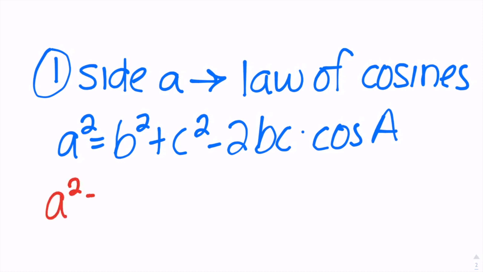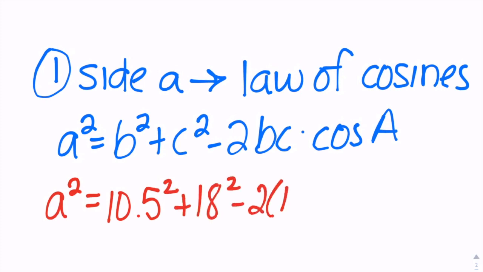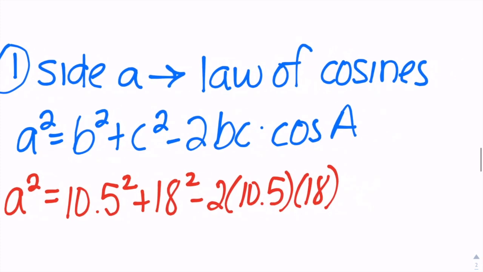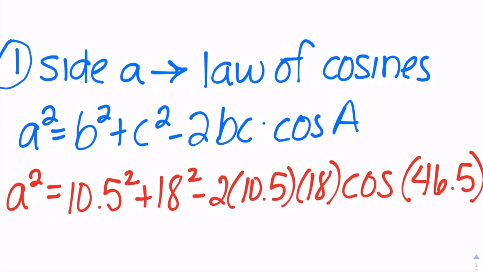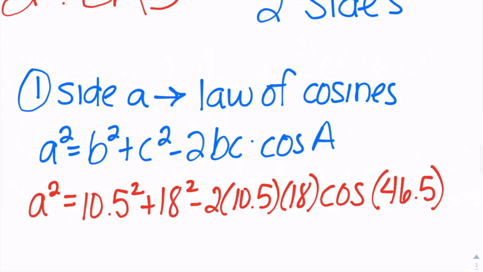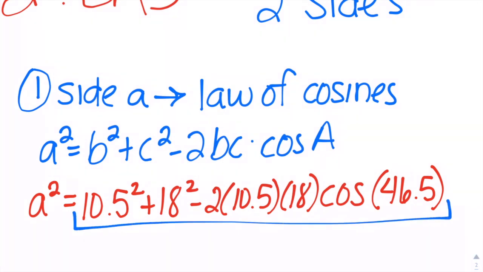And we're going to substitute in all of our values, so we don't know a, so that's going to remain a squared. We know that side B is 10.5, so it's going to be 10.5 squared plus 18 squared minus 2 times 10.5 times 18 times the cosine, and angle A here is 46.5. And so from here, we're just going to put all of this into the calculator,